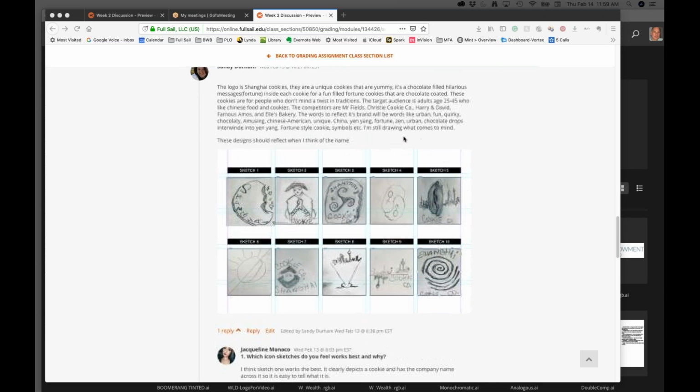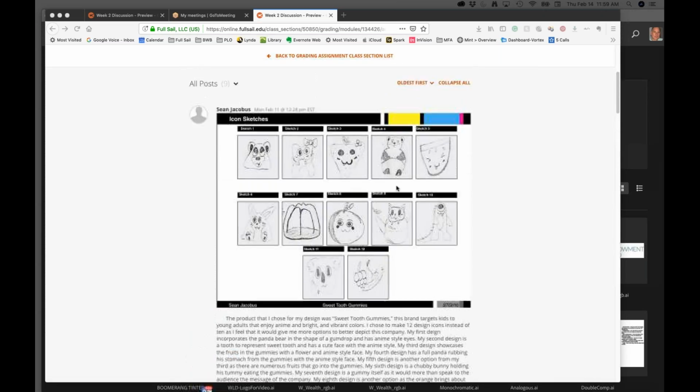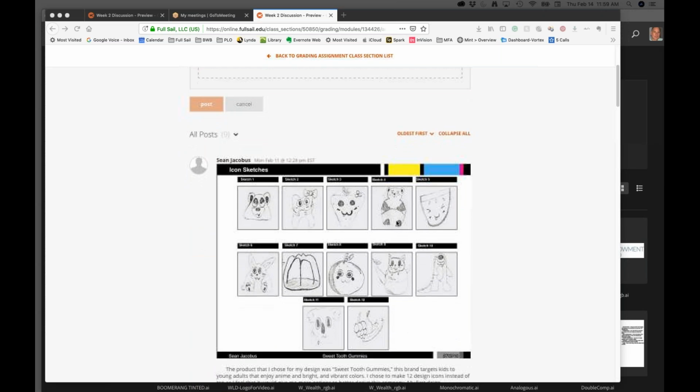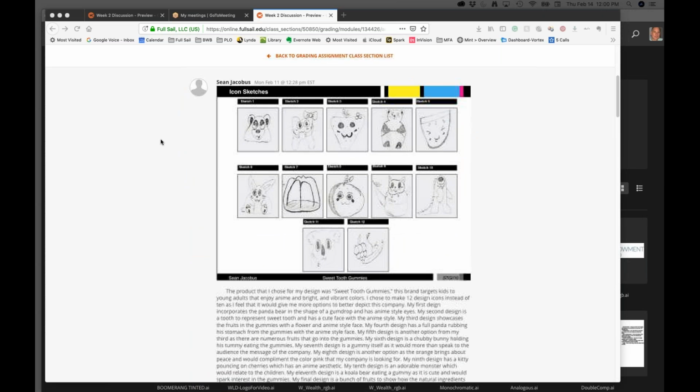All right, great. I'm gonna plow through the discussion here. So we've got Sean, and you got Sweet Tooth Gummies, which is kind of a fun little character-driven idea. I think you have a lot of options here. You've got the little bear, the tooth, with the bow. I'm not sure what this is. It's kind of a little scary. This one looks like a,